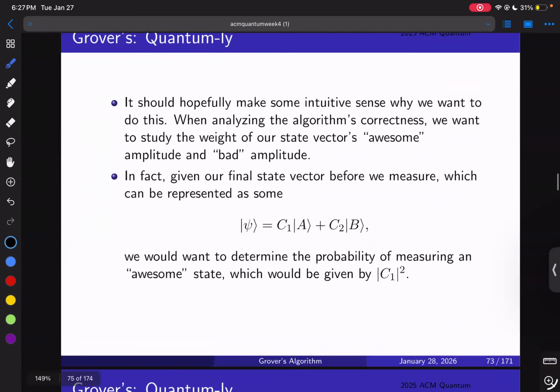Yeah, and this is kind of what I was saying before. So if we represent our vector psi in this A and B basis, and we wanted to perform a measurement then and there and say, did we solve Grover's algorithm? The probability of solving the algorithm is just the coefficient in front of the A state squared, because that's a uniform superposition of all the awesome vectors. So because we've expressed our vector in this basis, we can immediately analyze the probability of solving the algorithm, getting a correct solution. And obviously the probability of failing to get a correct solution would be mod c squared,